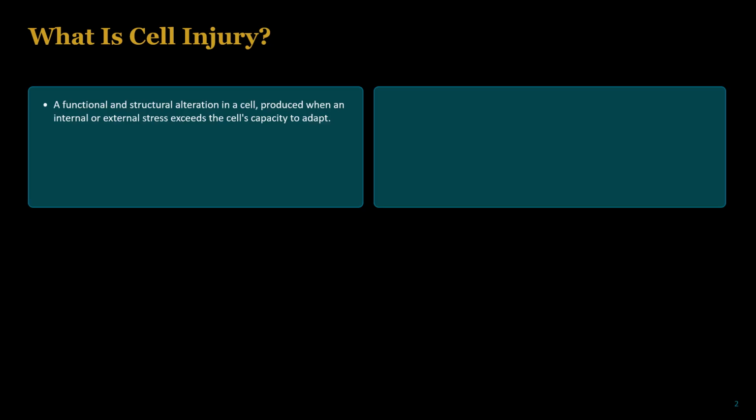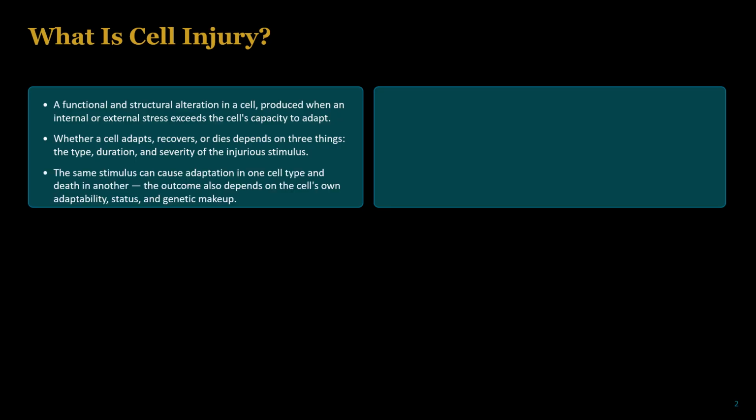So what are the factors that determine whether a cell is going to adapt, the cell is going to undergo injury, or we can say the cell is going to die? There are three main things that determine whether a cell is going to undergo those three main processes, and those three main factors are the type of the stress, the duration of the stress, and also the severity of the stress. These three factors are what determine whether a cell is going to undergo adaptation, or the cell can no longer undergo adaptation but undergo cell injury, or the cell is going to die.